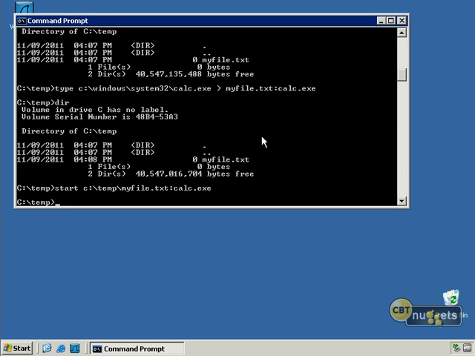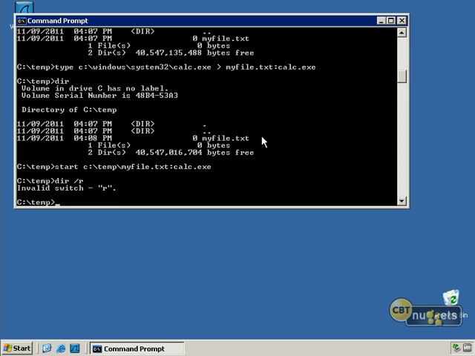Also, here we're in Windows Server 2003. If you're in, let's see, Windows Vista or later, you can kind of see some of those things. You can see these files in a stream by doing a dir /r. And of course, it's invalid here. But if I did it in a more recent operating system, that would show up.